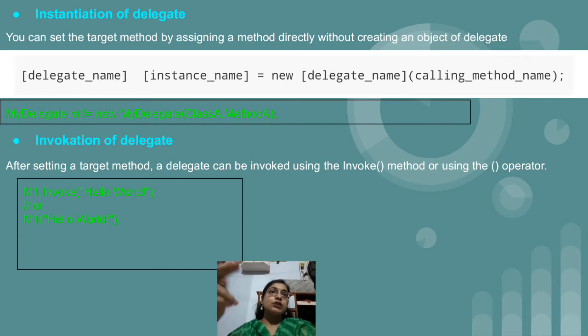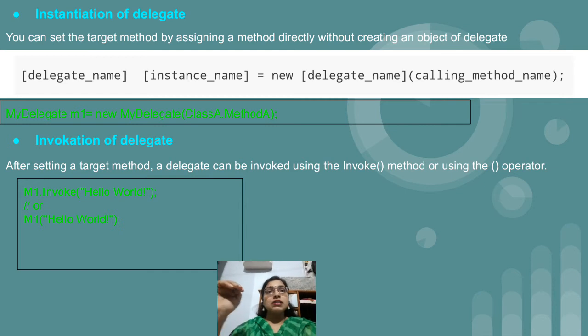Or you have one more option: if you have created an object of class A, suppose A1 equal to new class A, so A1 is the name of your object. If you have created an object of a class and you want to pass the method of that class to the delegate, then you can make use of object name dot method name, like A1 dot method A. So there are two ways of passing a method to the delegate. Without object creation of a class we can pass the method, and with an object of the class we can also pass the method. And now the fourth step,